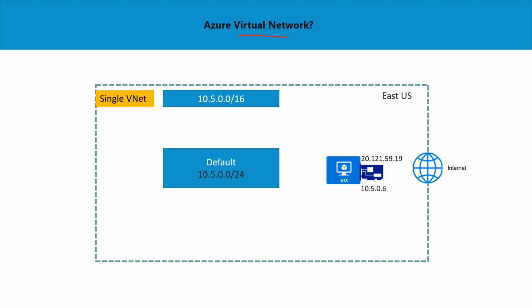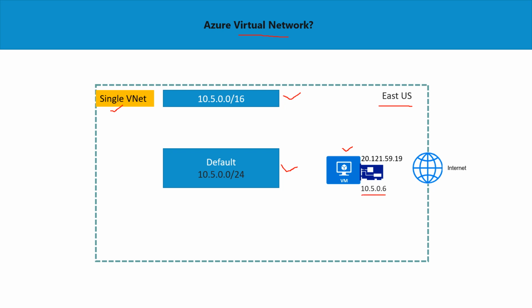In this virtual network, initially, if you have not enabled or provisioned IPv6, your network will look like this. So let's take an example of a single VNet. In this case, I have one VNet which is provisioned for location East US, and my CIDR block is 10.5.0.0/16. I have carved one subnet, the default subnet, with the range of 10.5.0.0/24. I am already running a VM inside this subnet with the private IP address